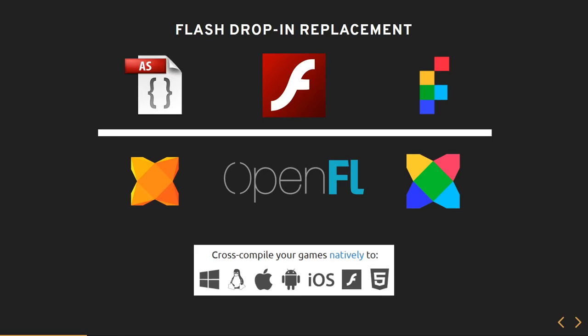It includes a lot of graphics API, sound API, input API, a lot of stuff you need to build a game. The Haxe equivalent of that is OpenFL, which stands for, I think, Open Flash Layer. They literally ported the Flash API over to Haxe, and they made it available on all of these other platforms, like Windows, mobile, web, all that stuff, no problem.